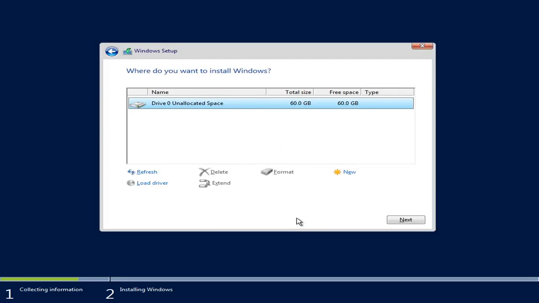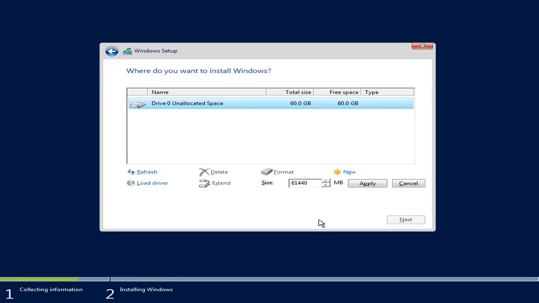And as this is a brand new machine, it's currently not partitioned at all. I've presented a 60 GB disk for me to install the product. So what I'm going to do, of course I can click next, and it's going to basically create all the partitions. It's going to create the system reserved space for the master boot record and so on, but in